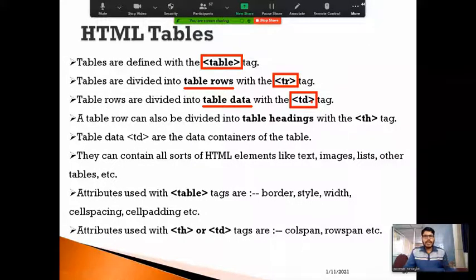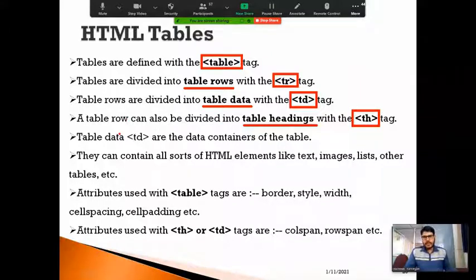And also we can specify the headings for the table by using the th tag, that is the table heading tag. Whatever content we write within this tag will be highlighted in bold. That is the reason why we include table headings.